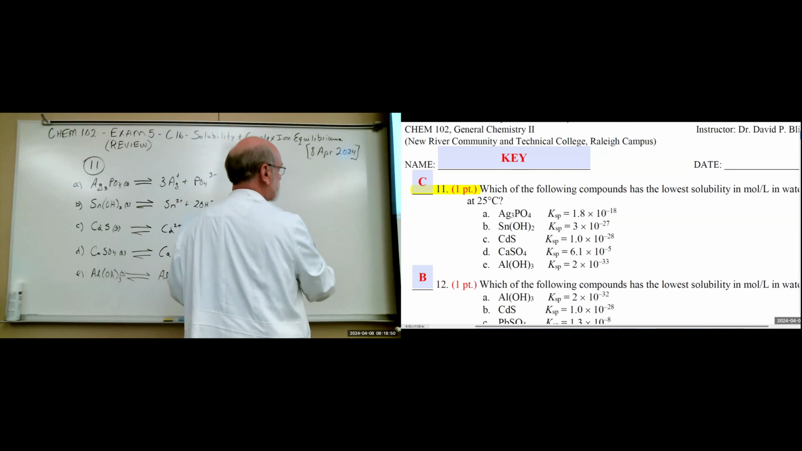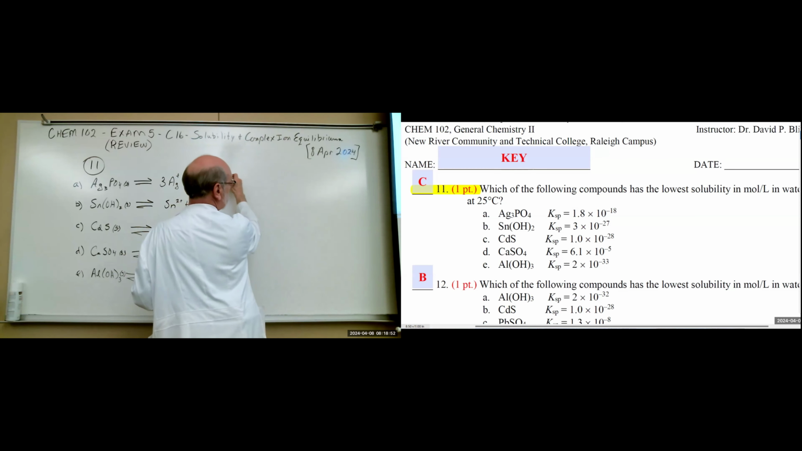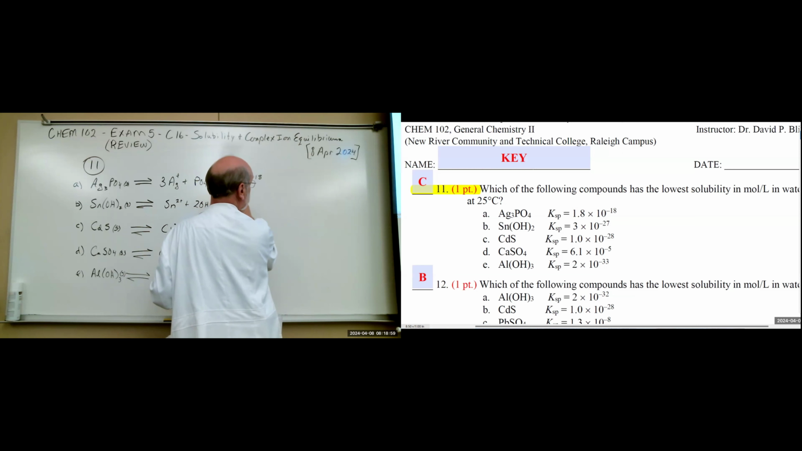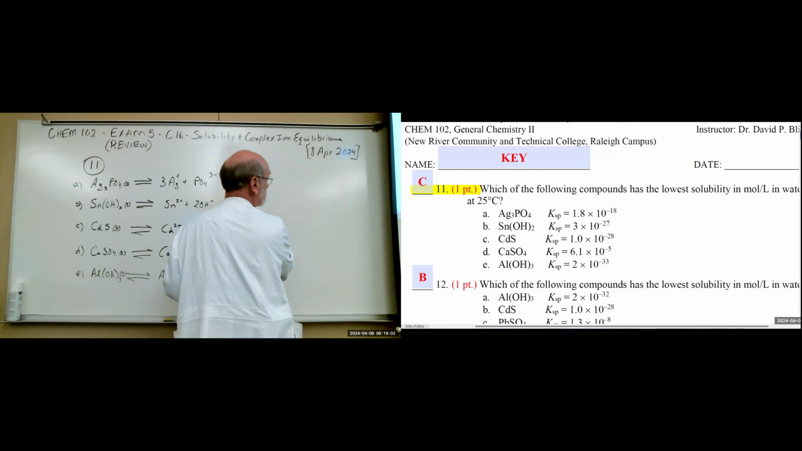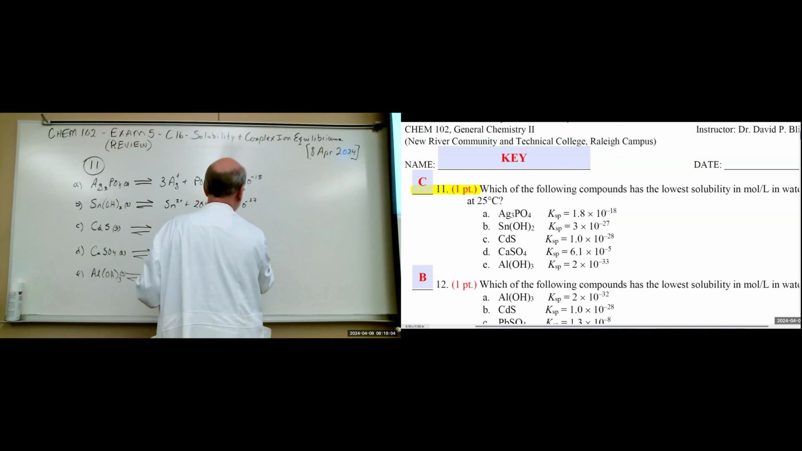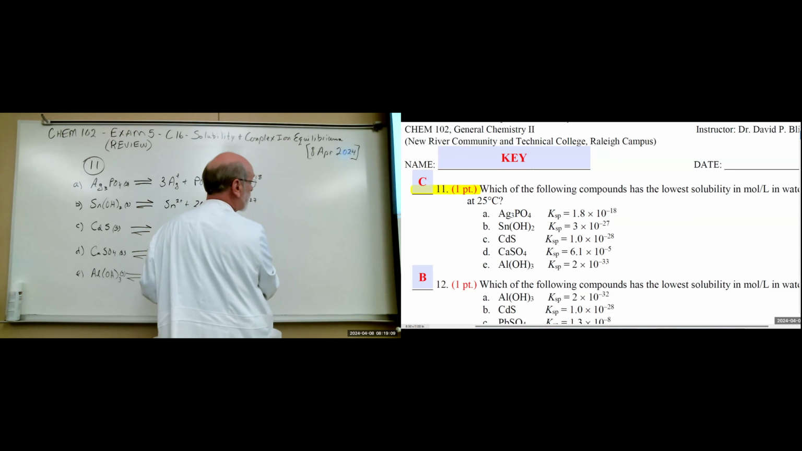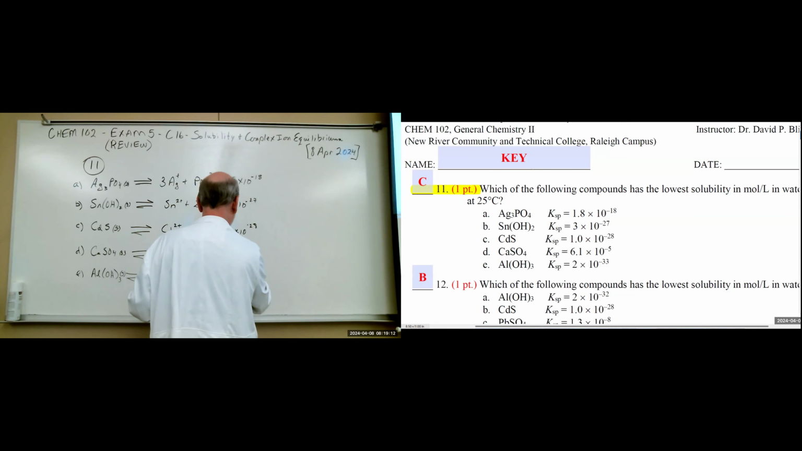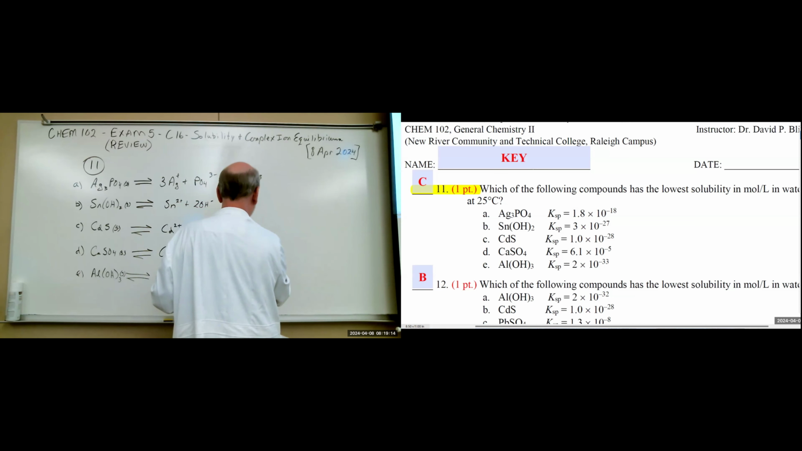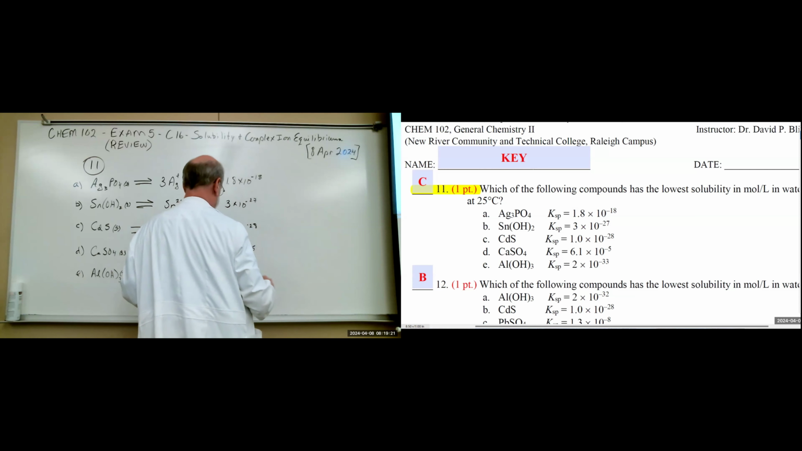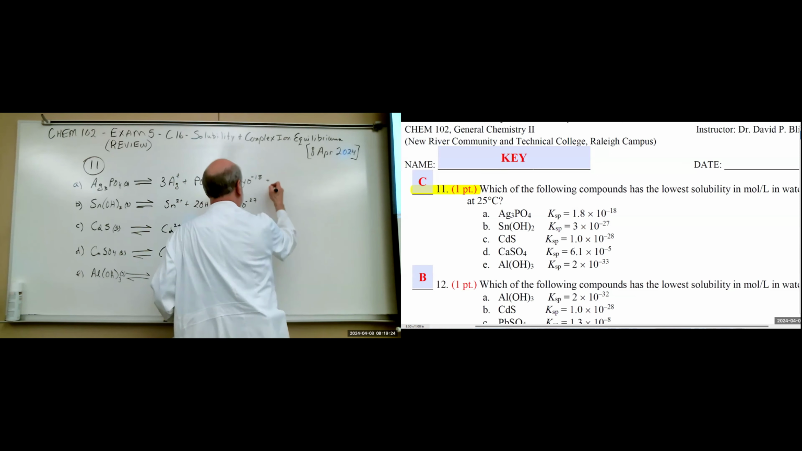The Ksp is, let me write those in there, 1.8 times 10 to the minus 18. 3 times 10 to the minus 27. 1 times 10 to the minus 28. And 6.1 times 10 to the minus 5. And 2 times 10 to the minus 33. Okay, so when we set these up,